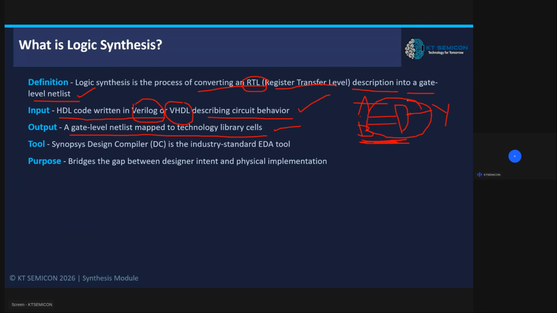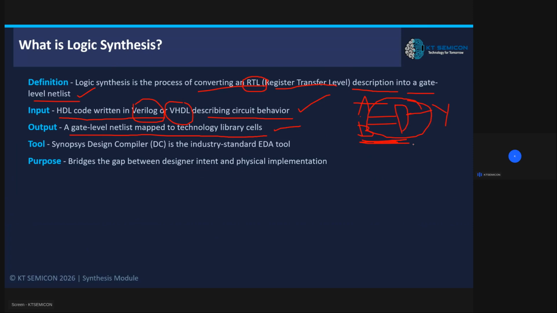The gate depends on which type of technology, which means this is an AND gate. In the AND gate also we have different things, right? This AND gate has two inputs, which means it is a two-input AND gate. Which type of AND gate we are using, and on which technology my AND gate depends,